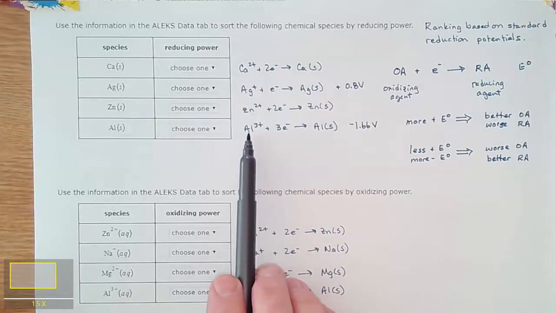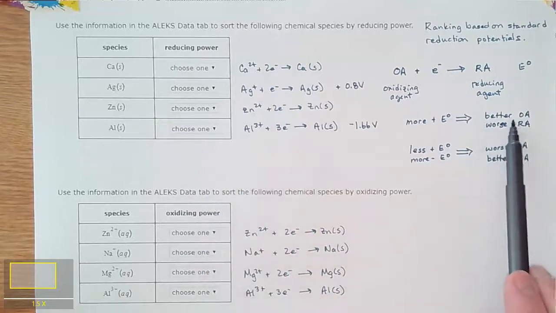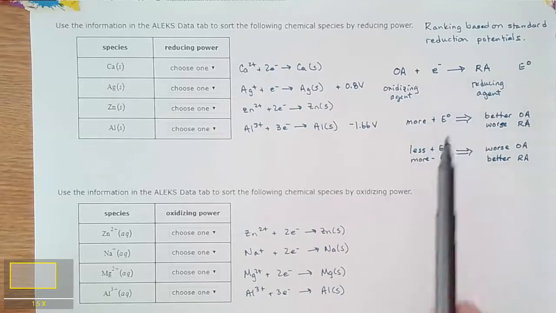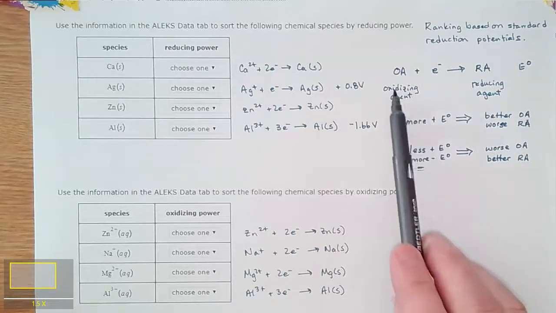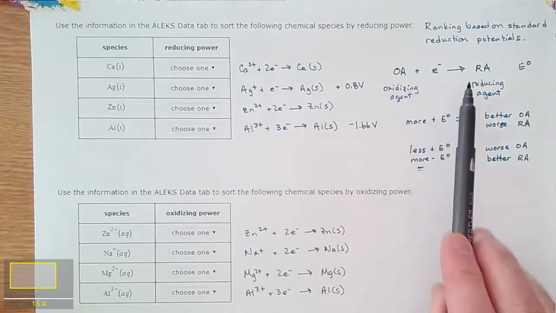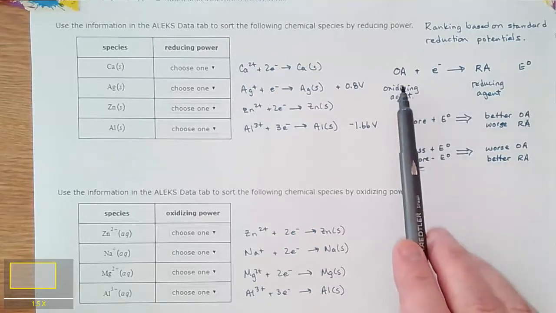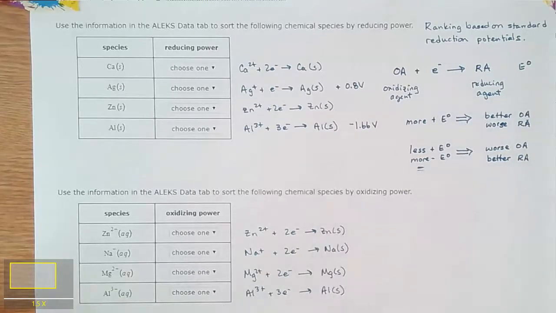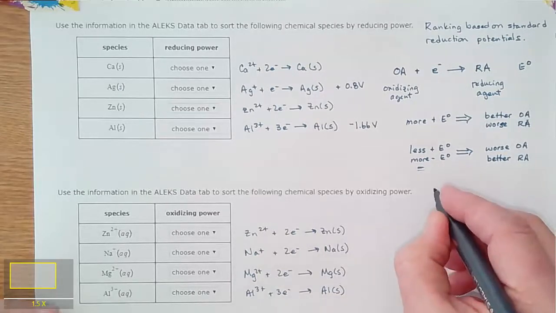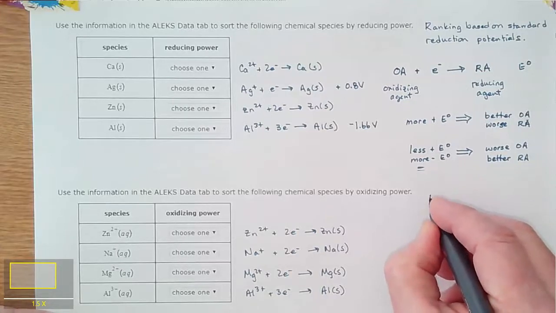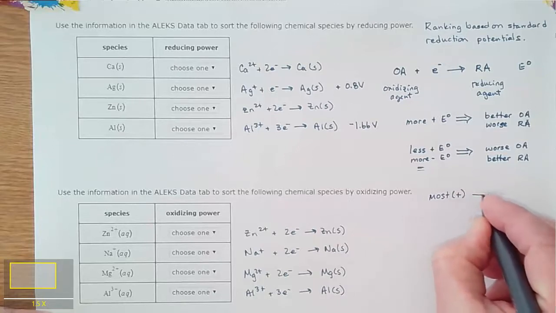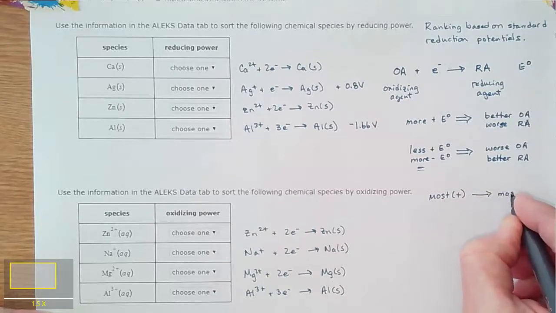Okay, so the more positive something is, the better the oxidation agent, the more likely the reaction is to go. The more negative it is, the worse the oxidation agent is, the more likely the reverse reaction is to go, which means that we'll have a better reducing agent. So in this problem, we're asked to rank things. Okay, so in terms of the reduction potentials, if we think about ranking things from most positive to most negative,